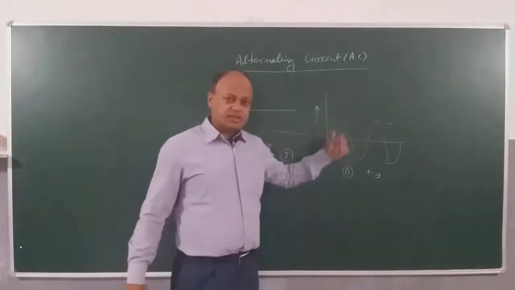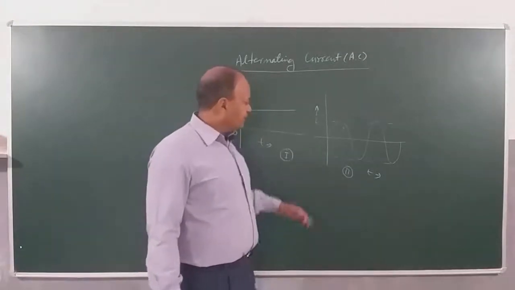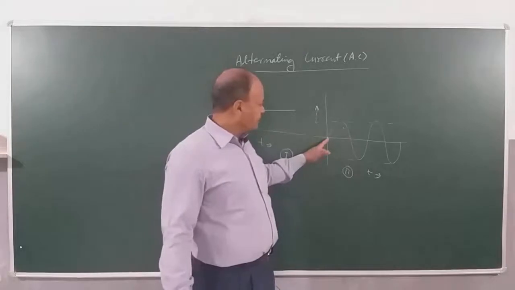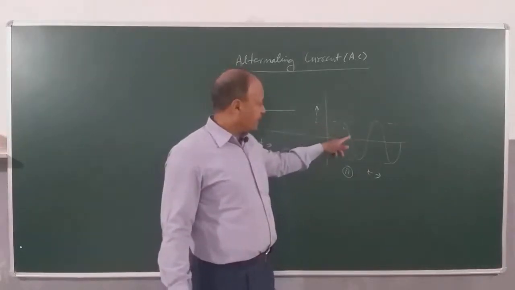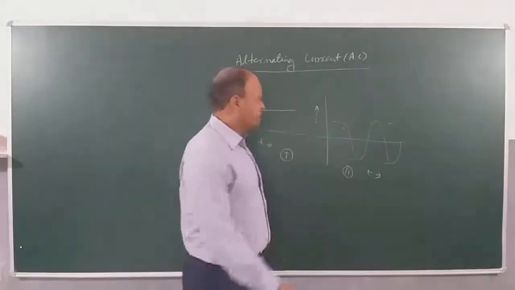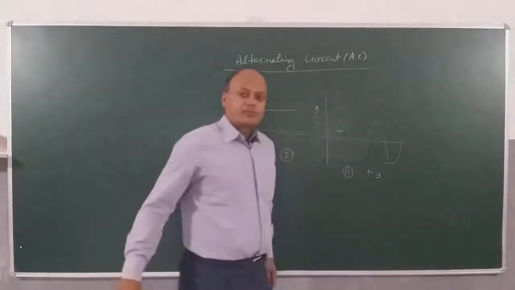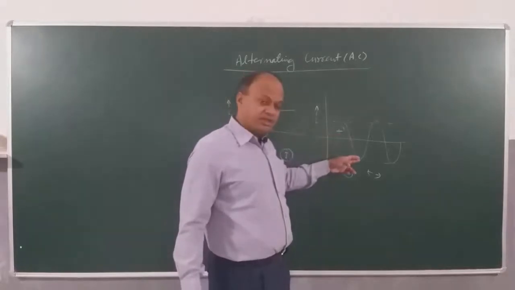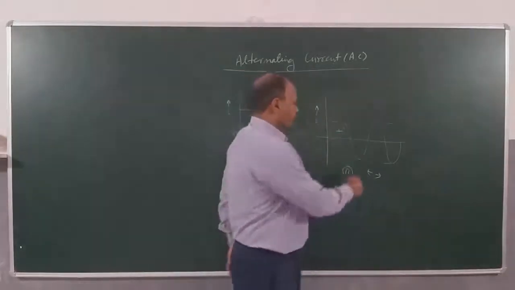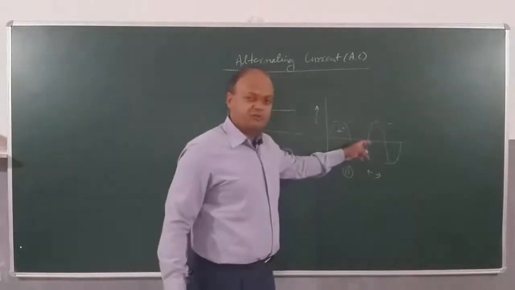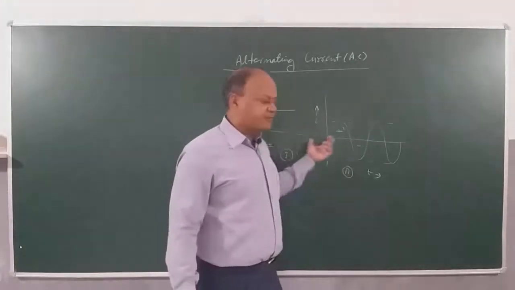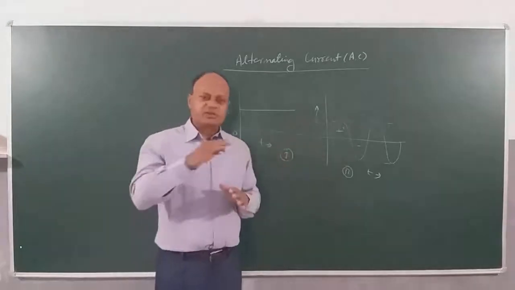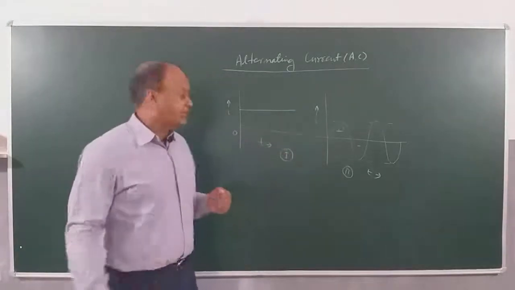When you look at this current, then you find that time is increasing from t is equal to 0 onwards. You can see the current is increasing from 0 to maximum. Again it becomes 0 in one direction. Let's call it positive. And again, you can see it's going from 0 to maximum in negative direction. Mark it minus. Again here it becomes 0. So the basic difference between these two currents is the first current is not changing with time, it is remaining constant, and this is the current we get from a battery or cell.